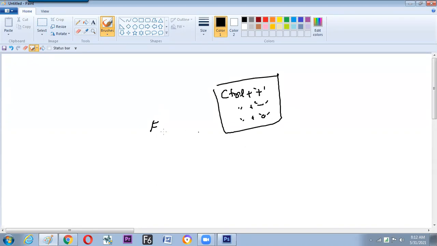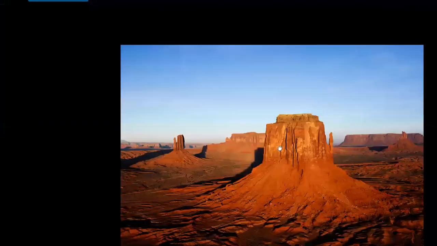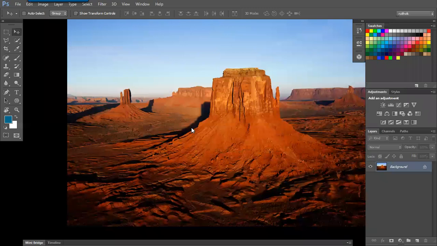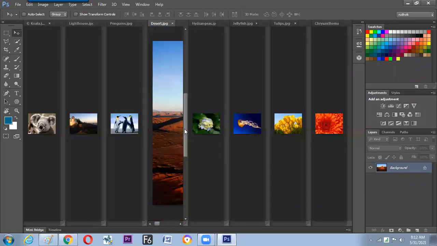And the F key is used to make it full screen with menu bar, without menu bar, and again back to normal. And holding the space bar lets us pan the screen here and there, wherever we like. And again Tab and F button to get it back.